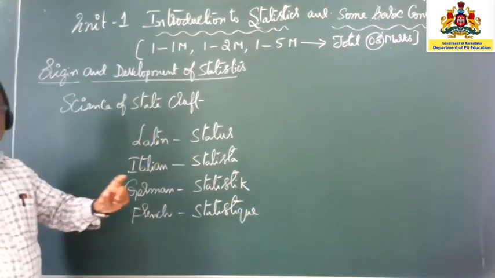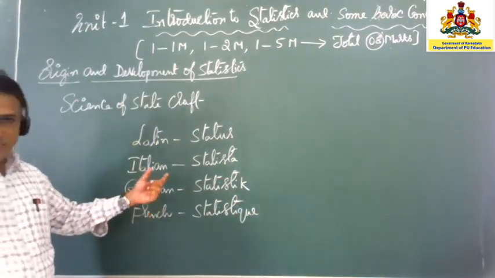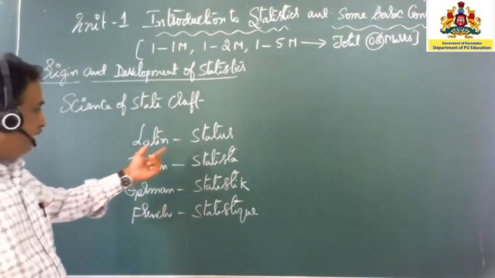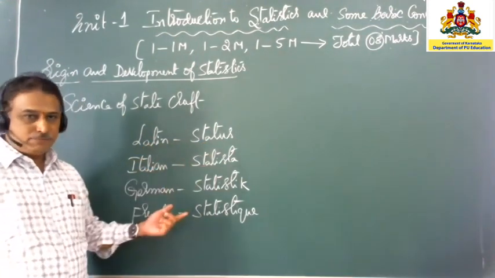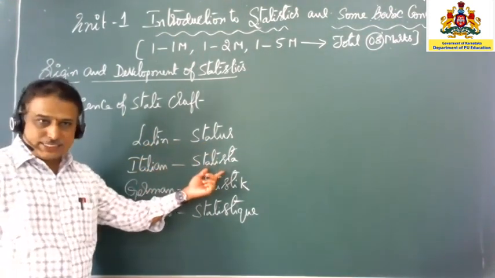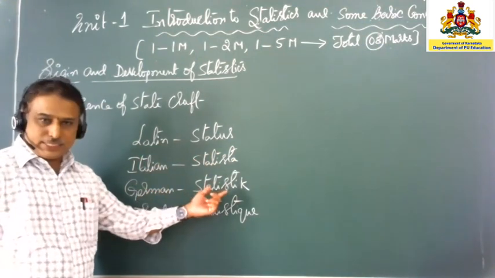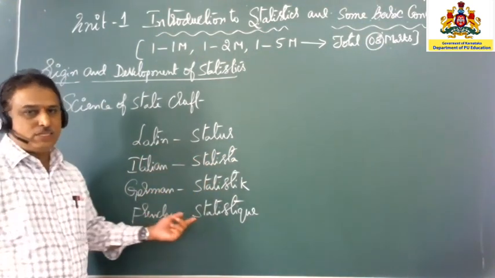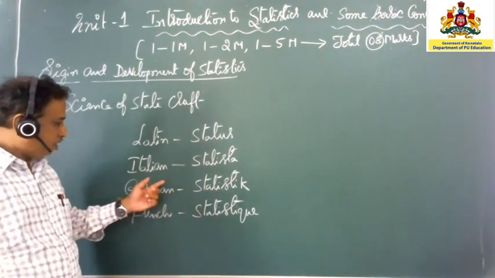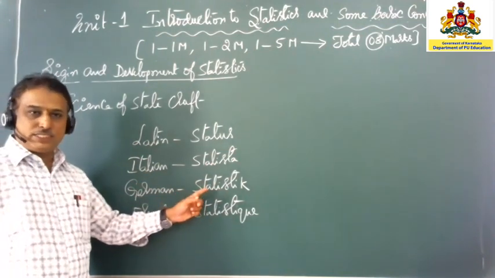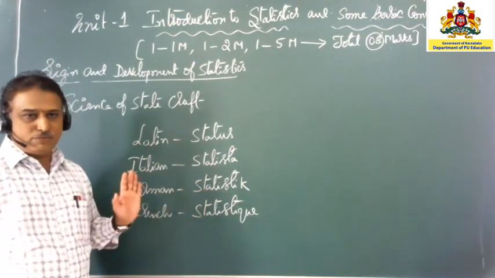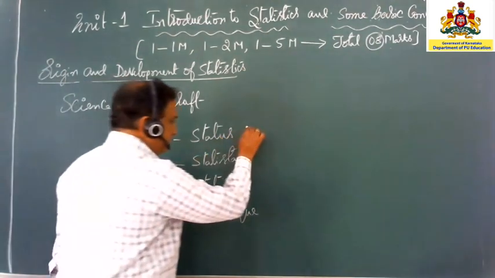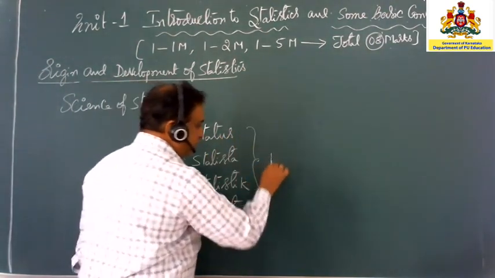The word statistics is derived from different languages. In Latin, status. In Italian, statista. In German, statistic. In French, also statistics. The last two, the pronunciation is the same and the spelling is different. In all the languages, the meaning is